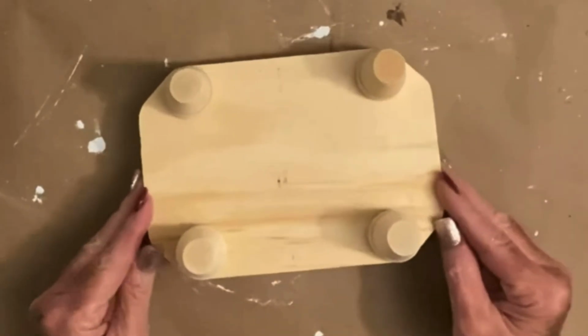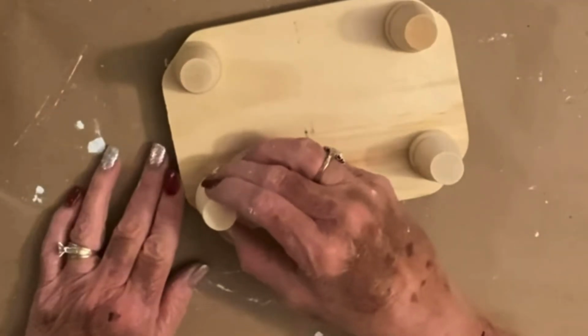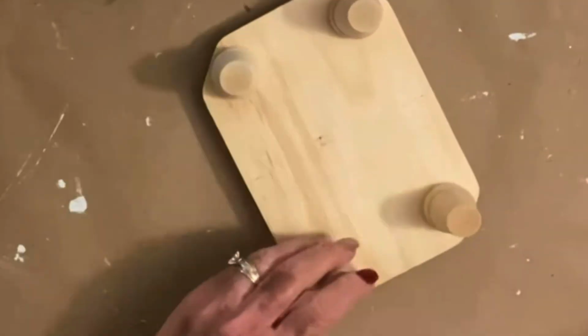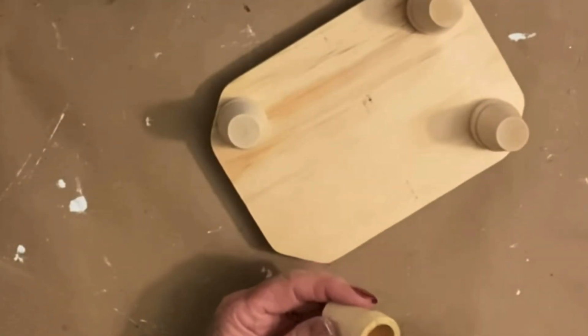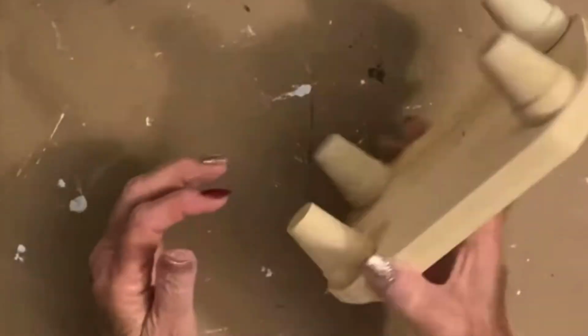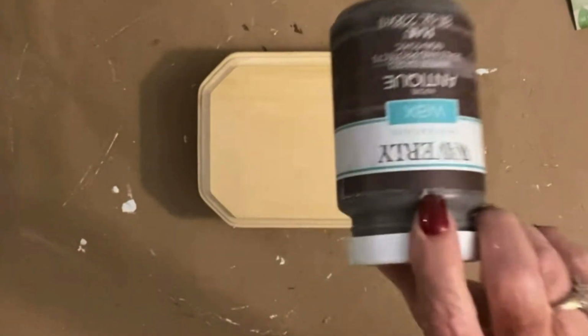And I kind of tried to figure out where I wanted the feet, and once I figured out my placement, I glued it on with, yes, you know it, my wood hot glue sticks. And you want to make sure you do that before you stain it, because you just kind of want it wood on wood with that glue and not have any paint or stain in between, just so it holds a little better. So once I got my little legs on there, I took my Antique Wax by Waverly, as always,